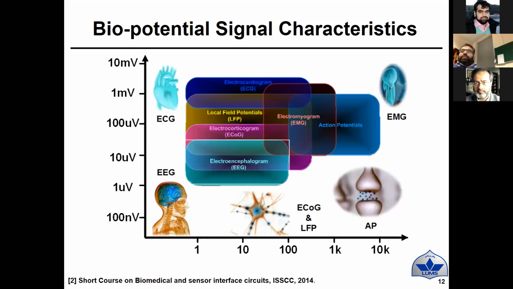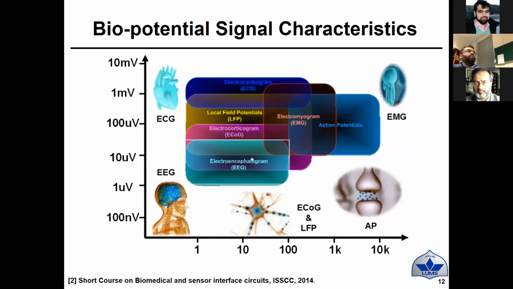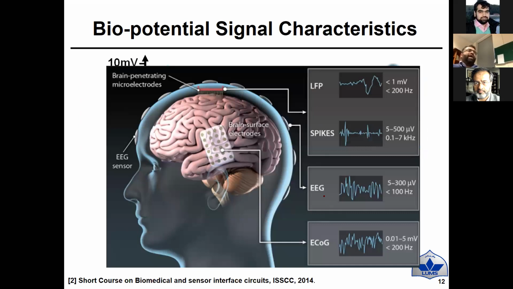Coming back to biopotential signal acquisition, we have multiple categorizations. We have ECG signals. If we talk about ECG signals, you go to the hospital, they connect electrodes, and the waveform looks like this. If we look at this signal, its amplitude is in the form of millivolts, and frequency is around 100 hertz. Then we have the EEG signal. In EEG we have multiple types. We have EEG, which we normally call scalp EEG, which you take from the surface. Its amplitude is in the microvolt range, and frequencies are under hertz.